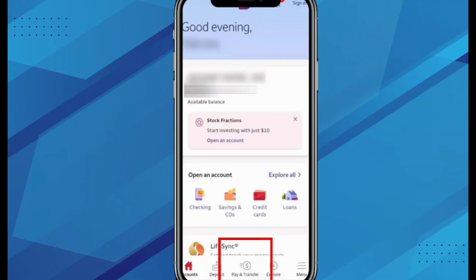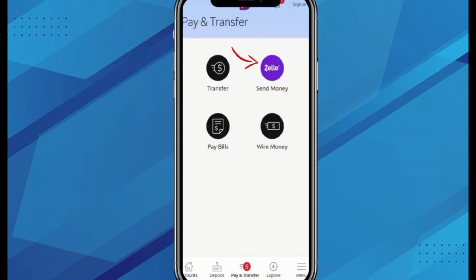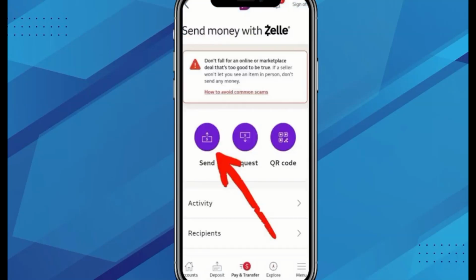Next, choose Zelle. You'll see options for different actions inside Zelle. Go ahead and tap Send Money. Here you can select someone you've paid before or add a new contact if this is your first time sending